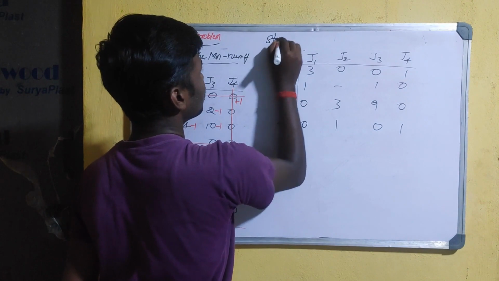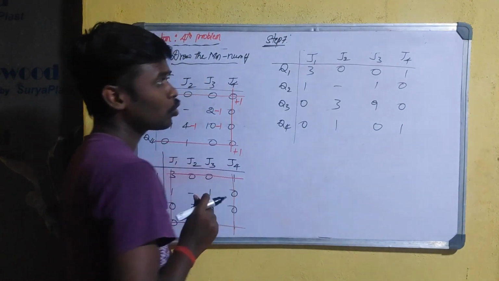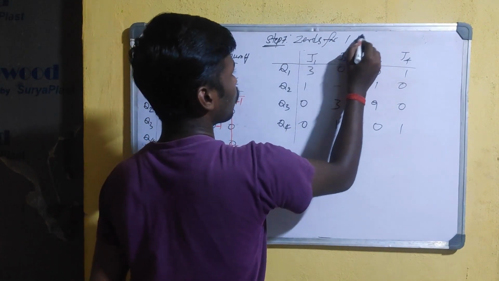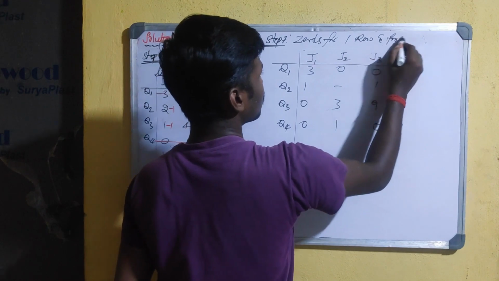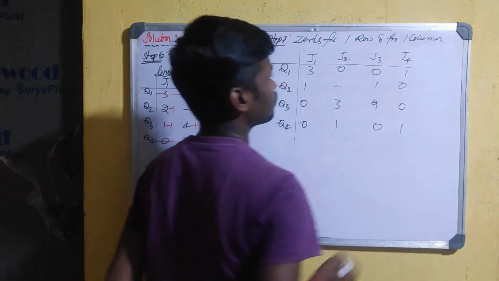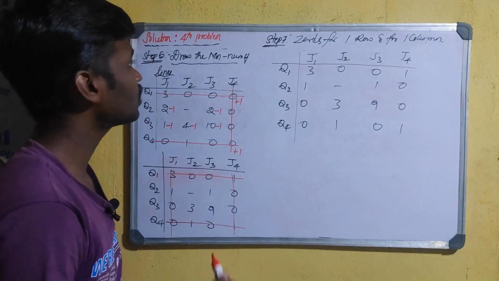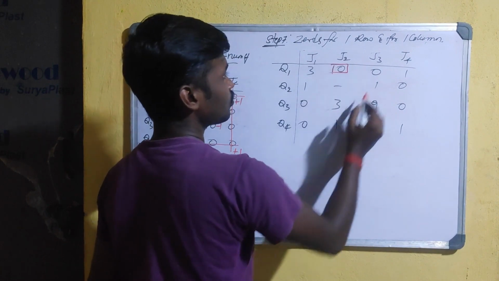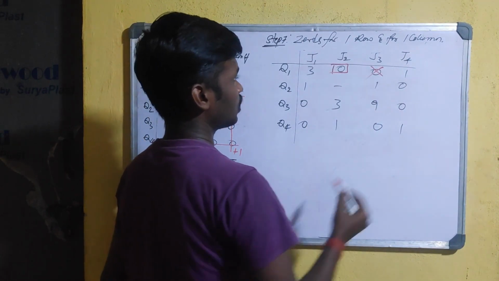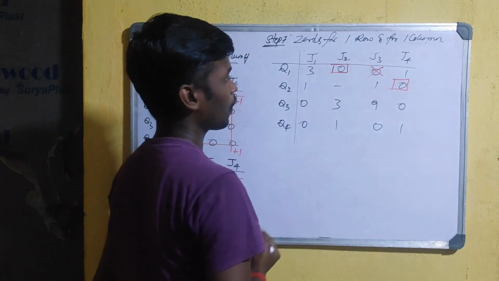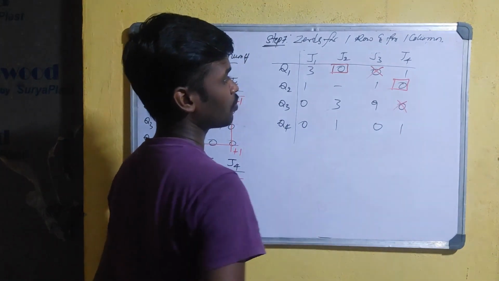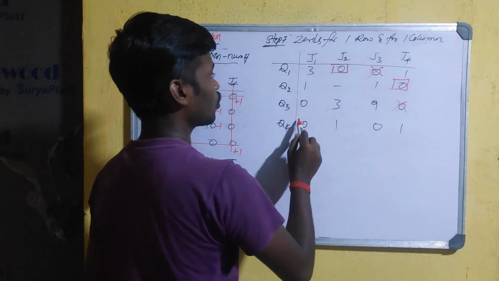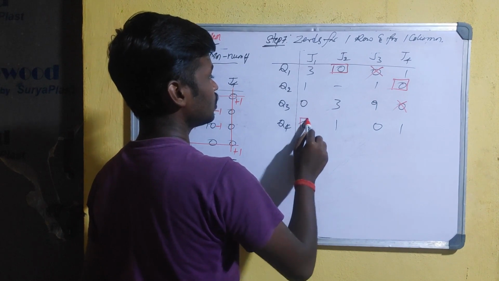Next, seventh step. So I am going to use here only. Next, step number 7. We have to select zeros for one row and for one column. Right? So this is the seventh step. See, I am going to select this 0. Next, this 0. Next, it is not possible to select the 0 in the same column and in the same row. Next, I am going to select this 0.